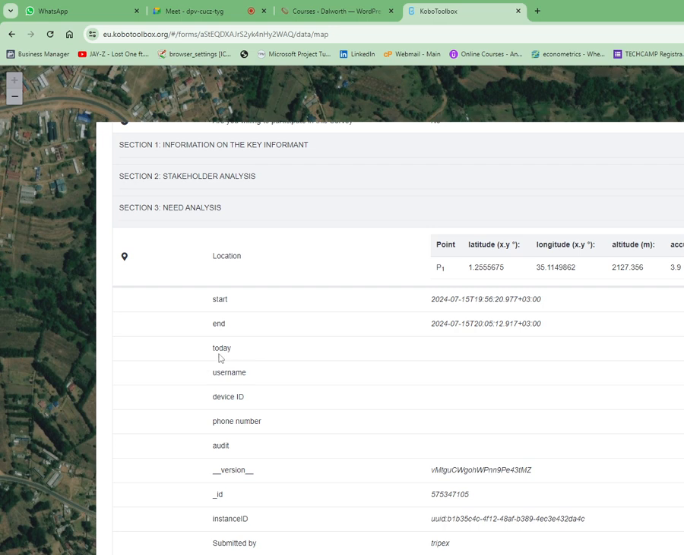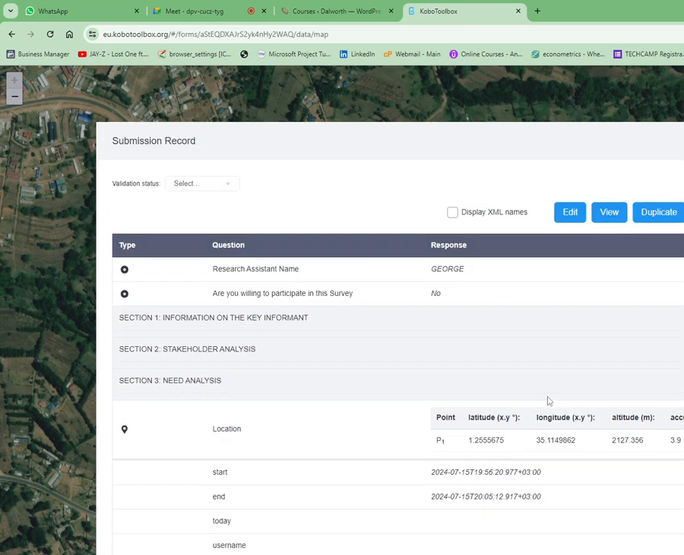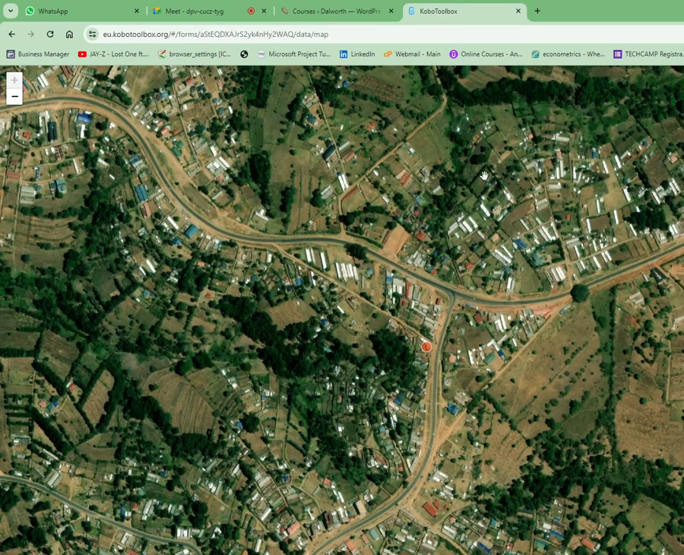I've not been able to collect the date, username, device ID, phone number, and also the audit. Those are some of the information that you can also request the server to extract for you. But again, I'm not here to start tracing people or following people's devices, but I'm sure now you know the power that you have in your hand. So if I close that,